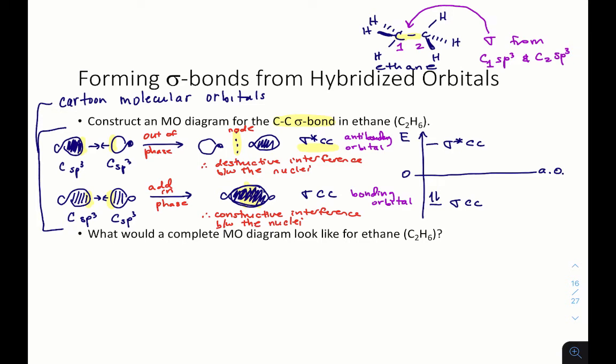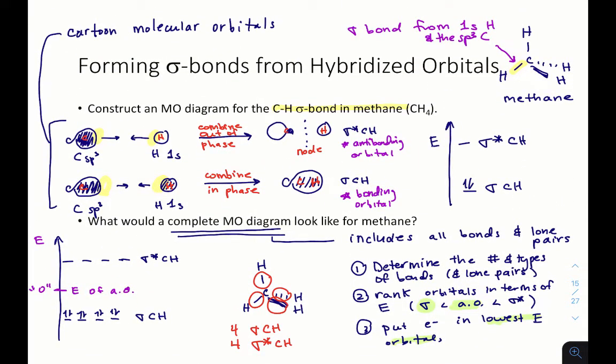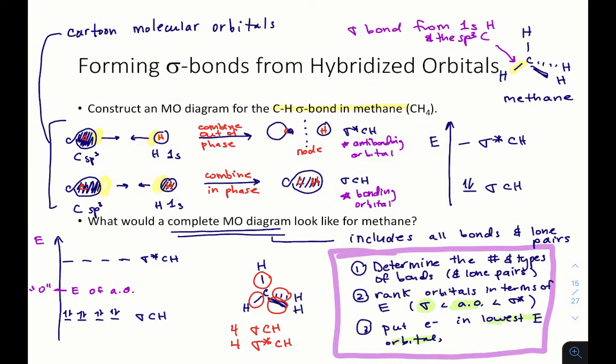Now that we have that down, let's draw a complete molecular orbital diagram for ethane. Recall the steps that we discussed for the previous example. You should determine the number and types of bonds and lone pairs. You should list those orbitals and lone pairs. For every bonding orbital, there's an antibonding orbital. Once you've made that list, then you can rank the orbitals in terms of energy, and then put them on the diagram,